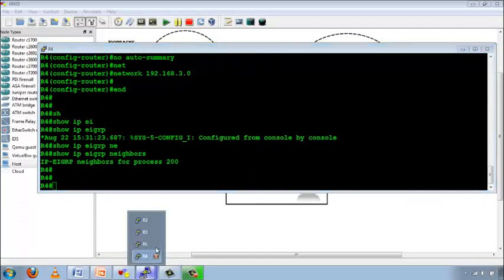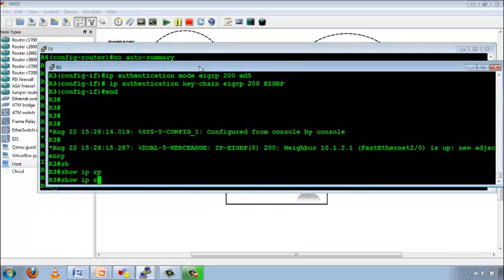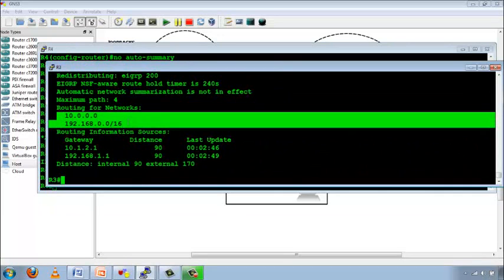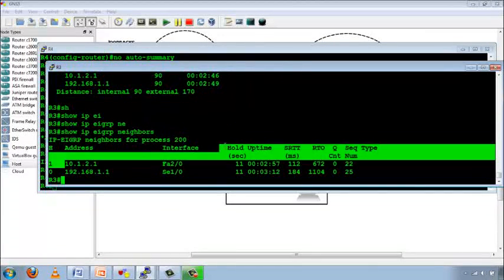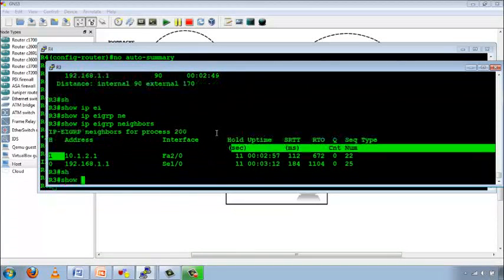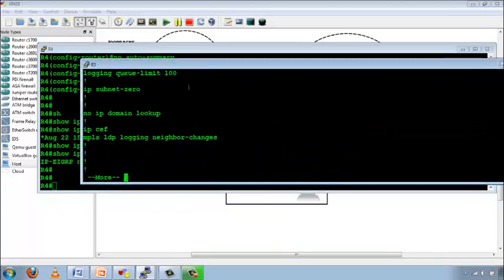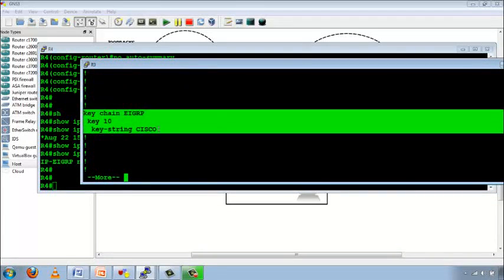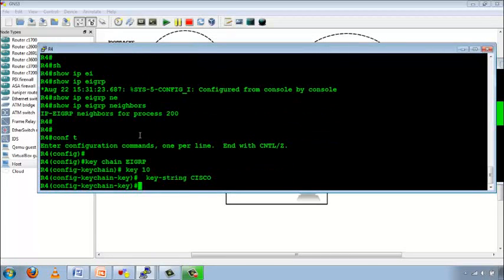So let's go on router number 3 and make sure that we have the network statement there. If I say show IP protocol, I'm doing routing for this network. If I say show IP EIGRP neighbors here, I don't have any neighbor relationship because we are doing the authentication as well. So you have to make sure that you do authentication on all the routers. Let's do that. I'm just going to copy this configuration and paste it on router number 4,